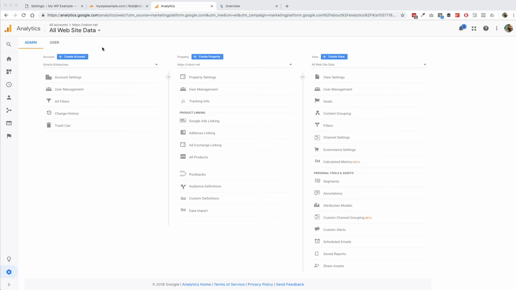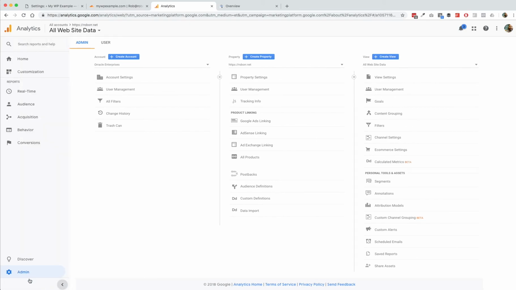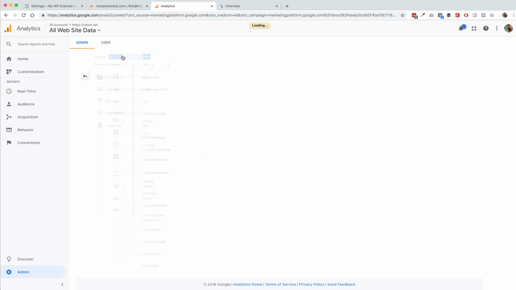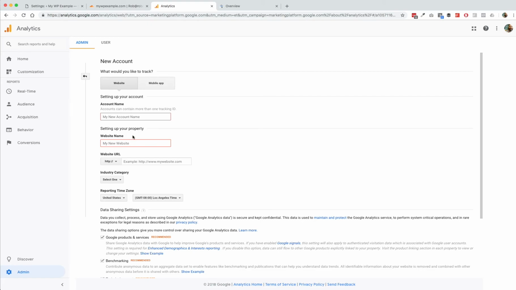So we're going to go ahead and create a property. But if you're in here and you're not sure where to go, you can access this by clicking on this admin link down here at the bottom and getting to a screen that looks something like this. We're going to create a new account for our new website, and this is pretty straightforward stuff. This is going to be for mywpexample.com. So the account is going to be mywpexample,